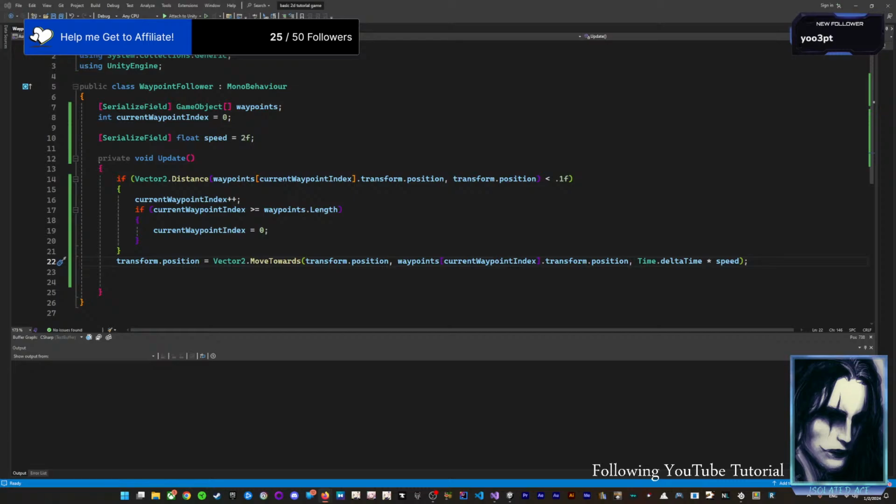Now the speed value here defines how many game units we want to move our platform when we call this method. We have set this to the value 2, so we will move 2 game units when we call this method,